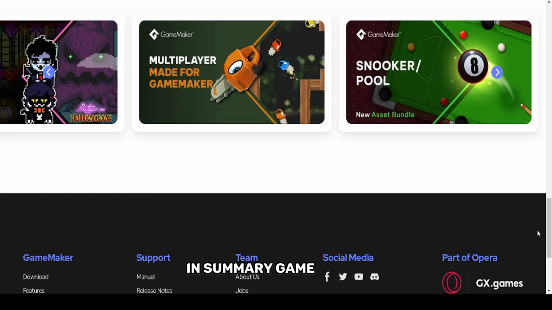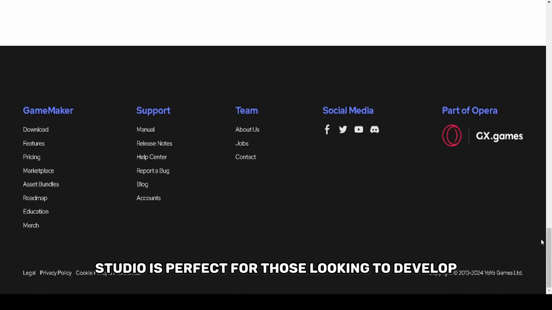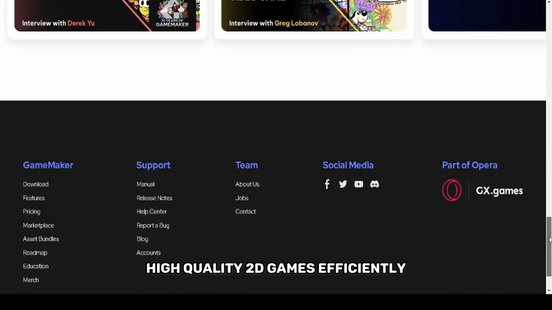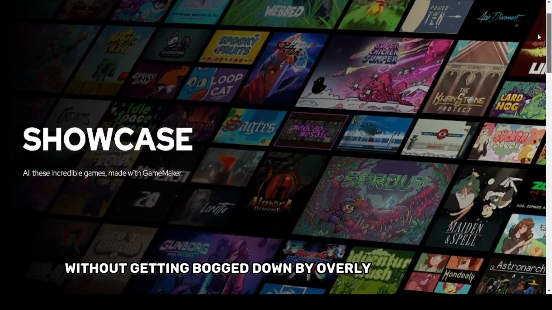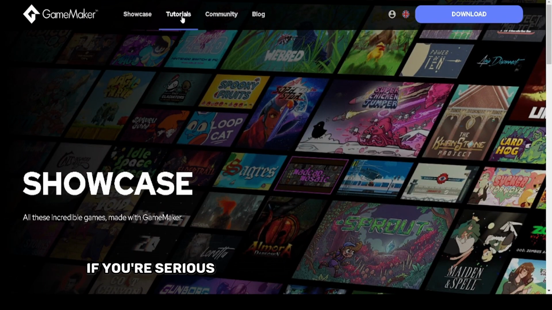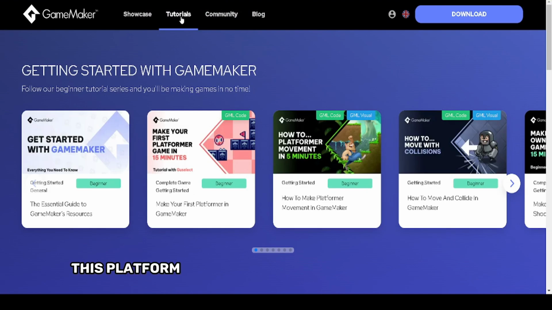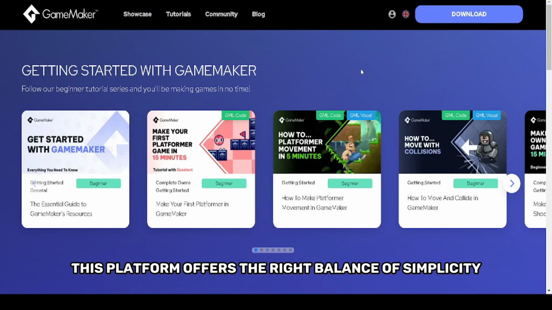In summary, GameMaker Studio is perfect for those looking to develop high-quality 2D games efficiently without getting bogged down by overly complex tools. If you're serious about mobile game development, this platform offers the right balance of simplicity, power, and